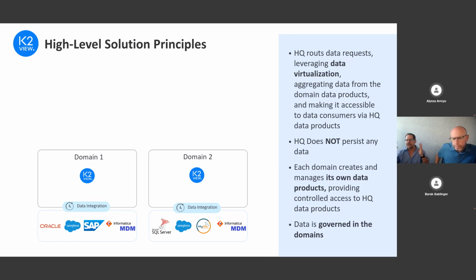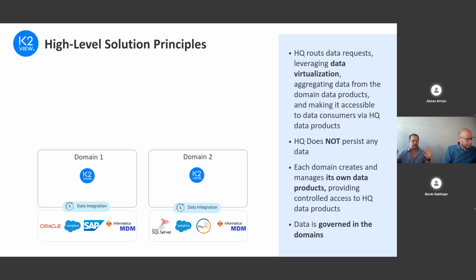Okay, so now that we understood the concept of the data product in K2View, let's start and build the principle that we use for this customer. If you look at it, you have to imagine that in this illustration it's 2 domains, but you have to deduce that it can be dozens of data domains. Now, the first floor or establishment is the data domains.